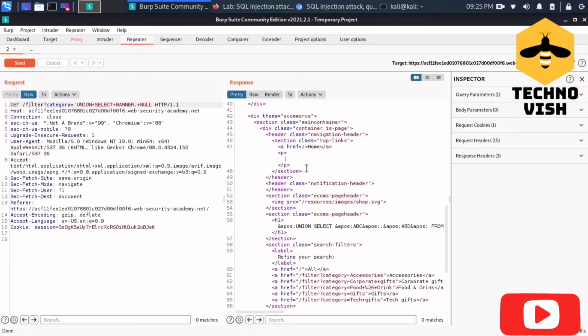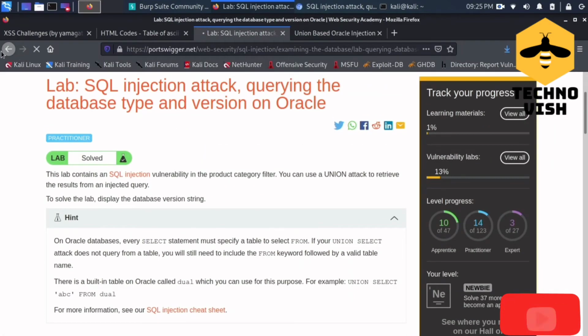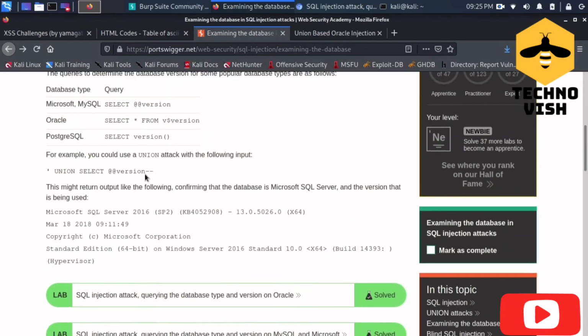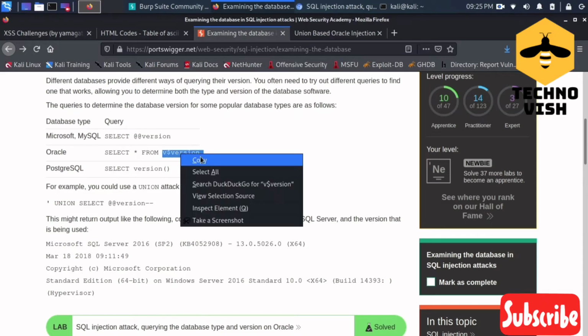Again from @@version, from again. You already know here, for the Oracle database, we have to use what? And sorry, for MySQL and Microsoft it is @@version, and for the Oracle it is v$version.